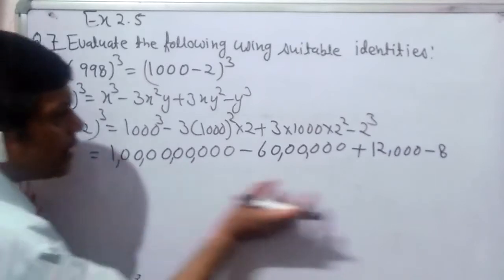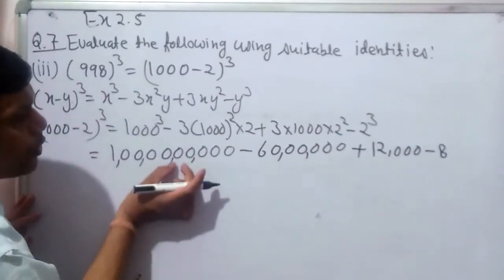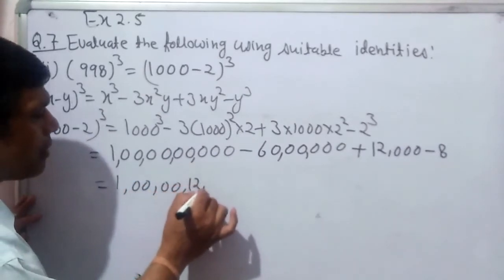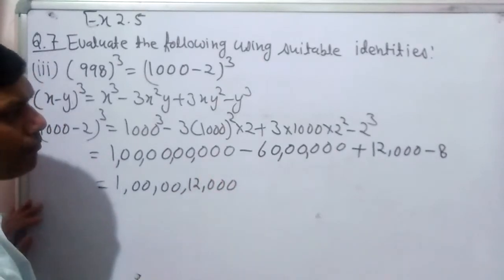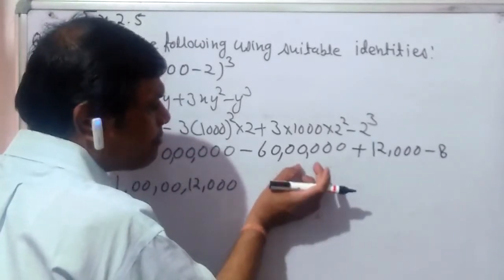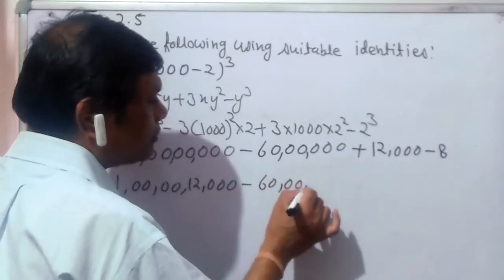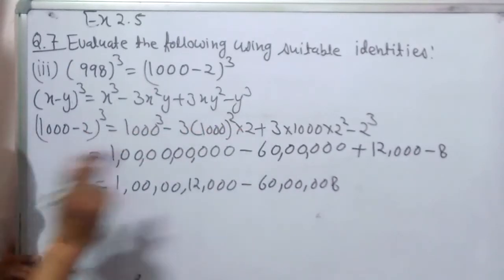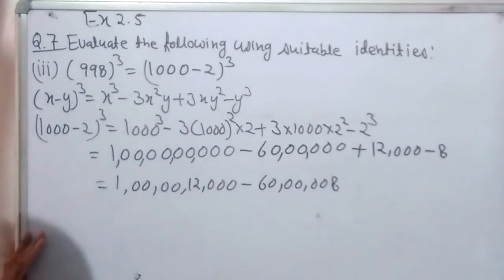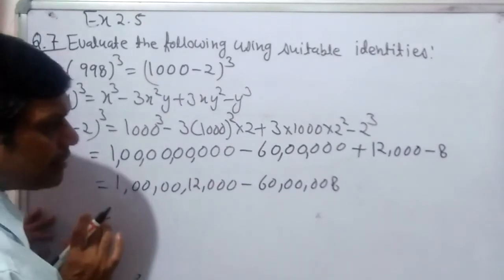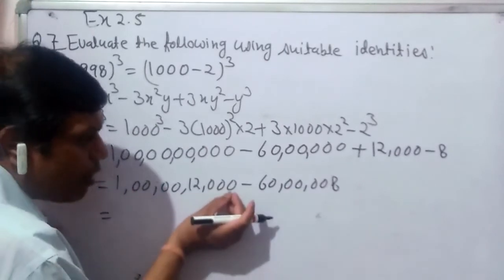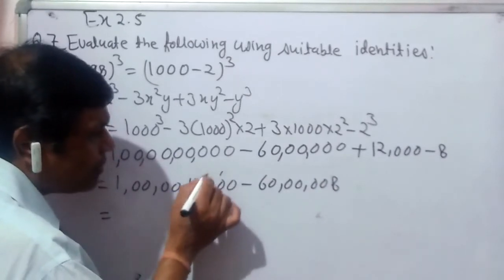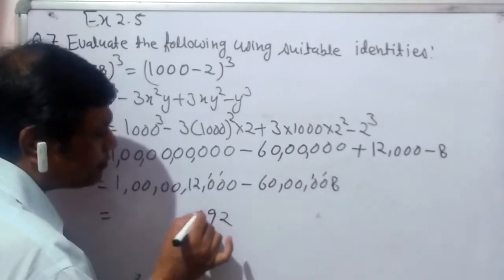You can add the addition parts. So this 12,000 should come over here. We'll write it as such. This 8 should be added in the negative part of this. We have added the positive ones and we have added the negative ones. Now we have simply to subtract it. That means only out of this 0 we are subtracting it. 10 minus 8 gives 2. These 2 become 9 each.